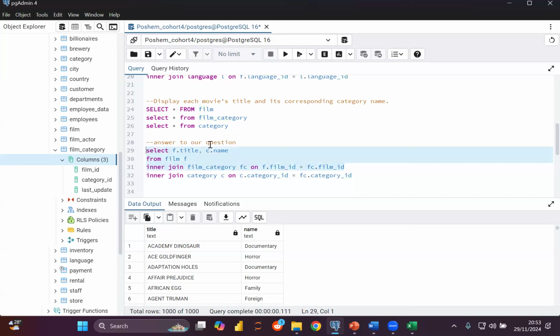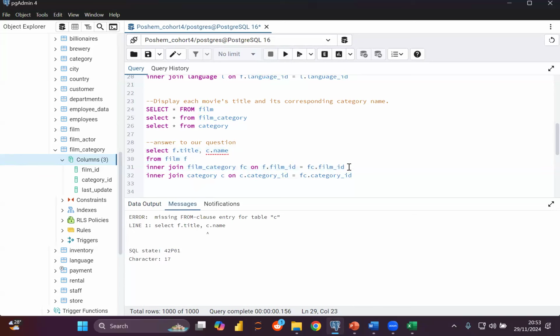We're not correct yet because we also mentioned we want to see the name. What had happened here, although we will not be seeing it because if we run this, it's going to give us an error. At this point in time, until we complete it, we'll be able to bring the film table and the film category table together